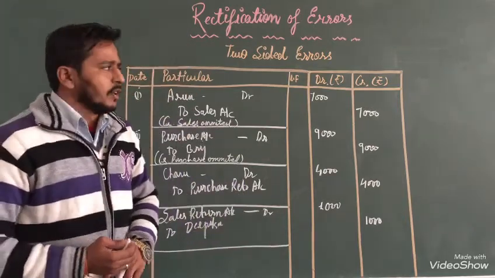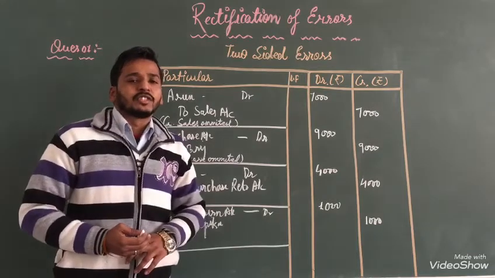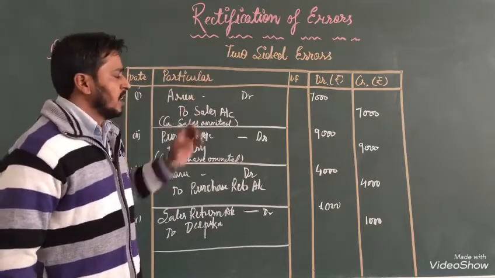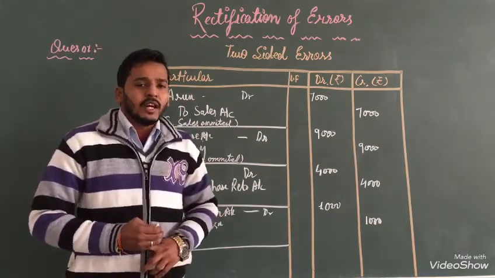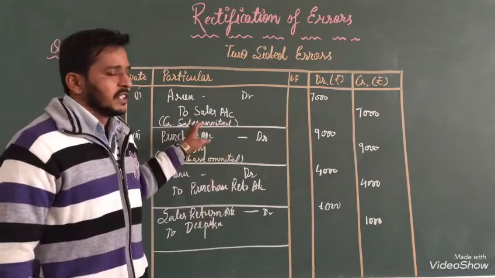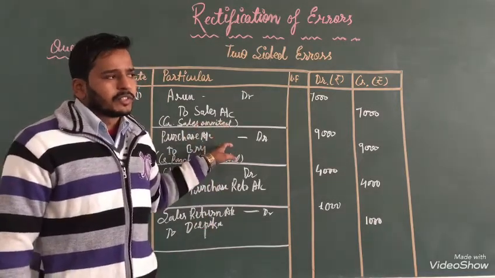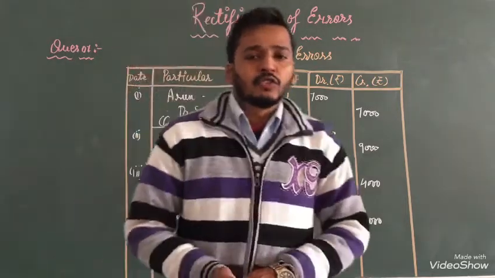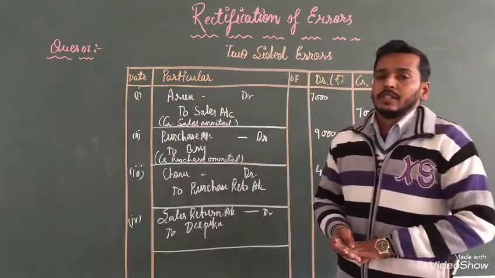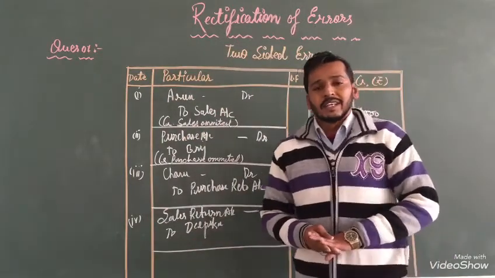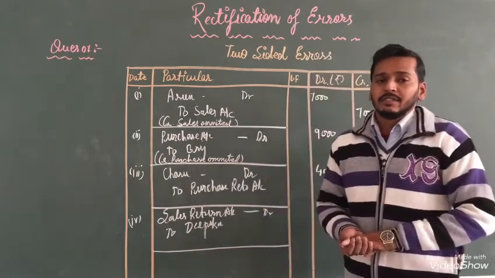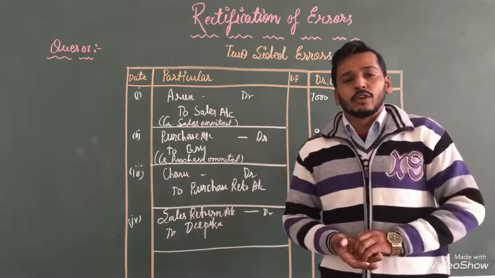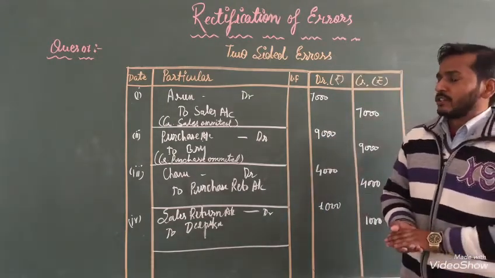This is the important part of your question, and this is the small solution and small definition of rectification of errors. With its help, we can calculate how many errors there are and how the errors come in the question. This is just a small piece of information, but when the next question comes, there will be some other differences. For now this is the introduction. So with the help of this small question, you have to complete your notes and revise it.